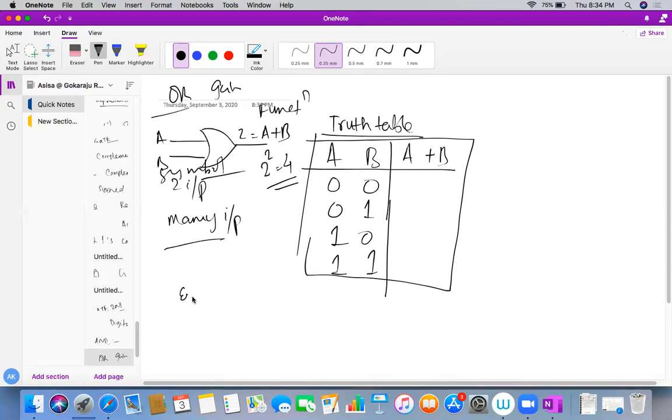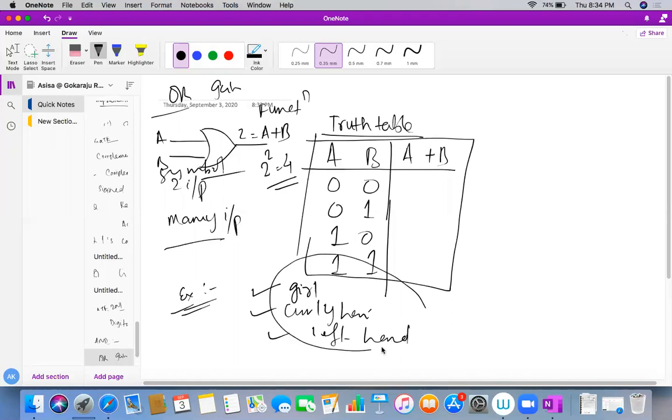I'll again give that particular example, my favorite one, which I take in classes while explaining these digital circuits. If you are a girl, or you are having curly hair, or you are left-handed, then you have to stand up. Here the group of people has changed. Any of these conditions being true gives the OR. If you are a girl itself, you can stand up. If you have curly hair but are not a girl, you can stand up. If you are left-handed, girl or boy doesn't matter, you can stand up.